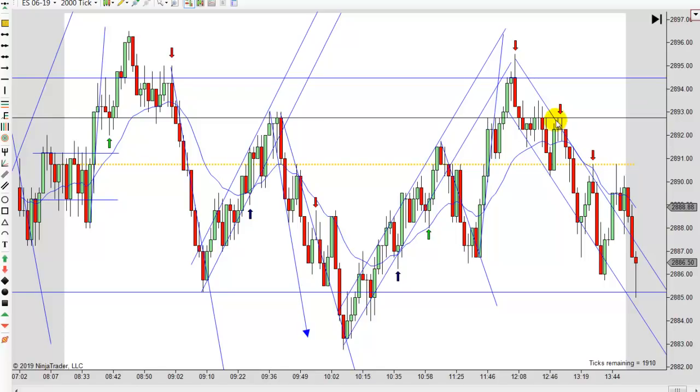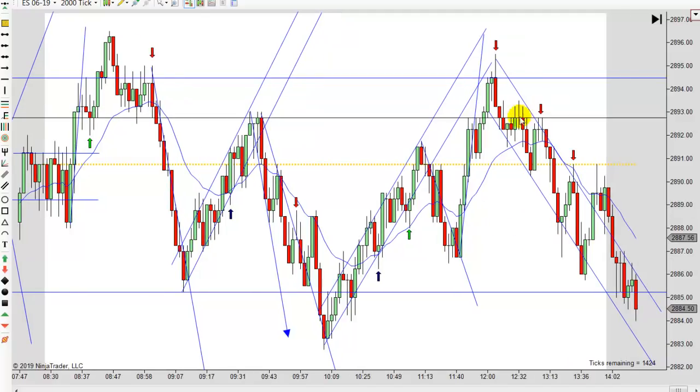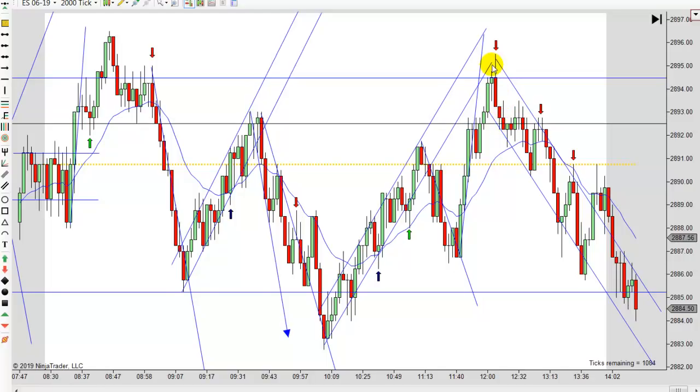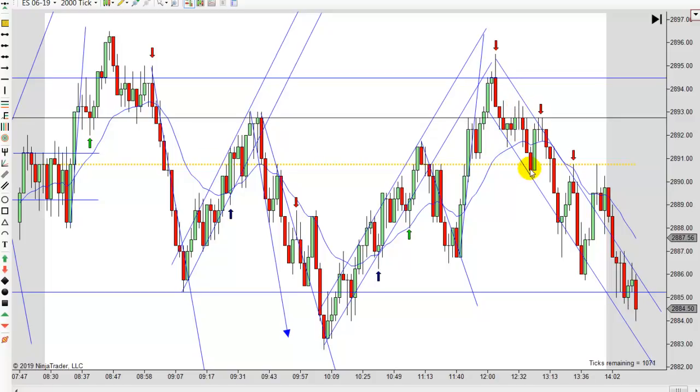And then you get your second entry long. It fails. So when you break lower right there, boom, off it goes again. So another reversal right there on a failed second entry long. Technically, there's a failed second entry right there, but that really is all still part of one move. Even though it ticked higher right there, I just consider that all one move. Because you can see that's one leg down and then a second leg down. And that's the whole idea, is after 2 legs. And so then there's your failure right there.